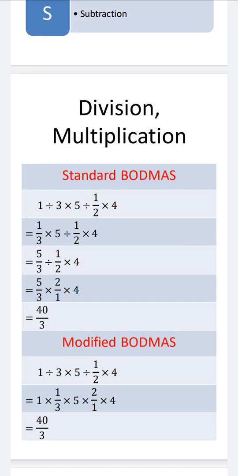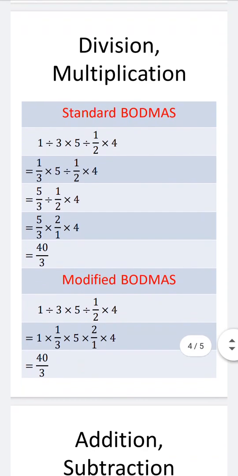Why am I proposing this change? Let us see with the help of an example. There is a sum involving divisions and multiplications. We go from left to right, doing one operation at a time, and after a certain number of steps, we reach the answer.